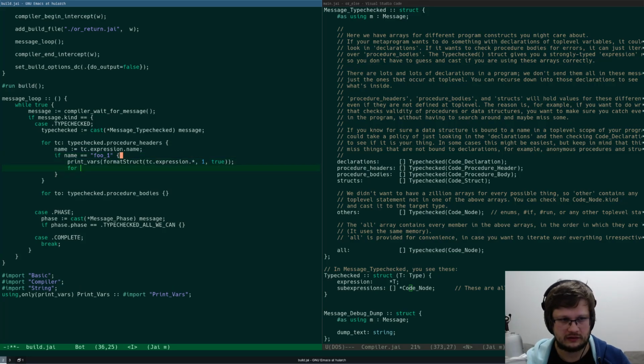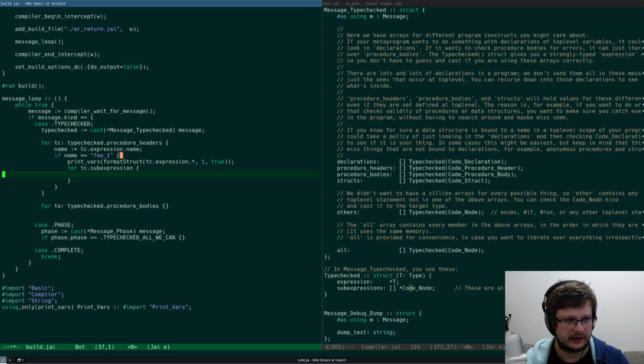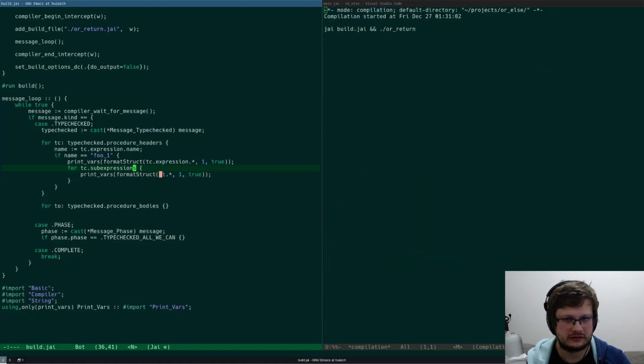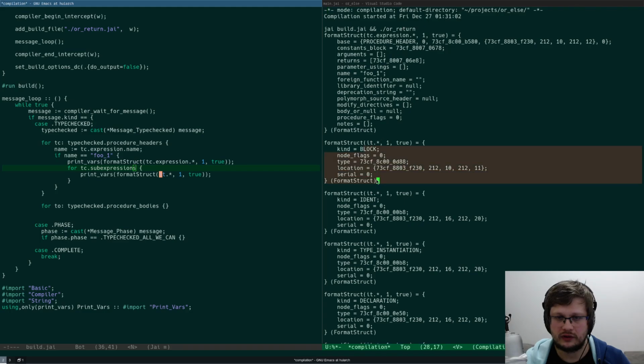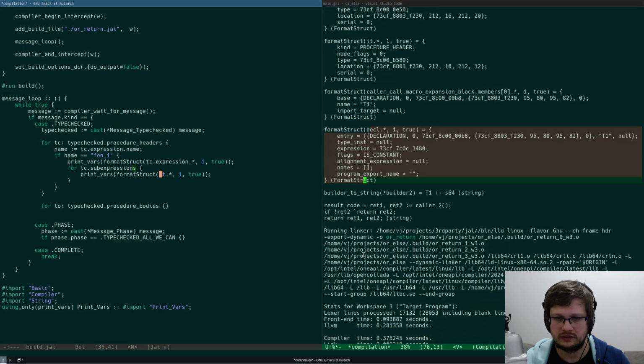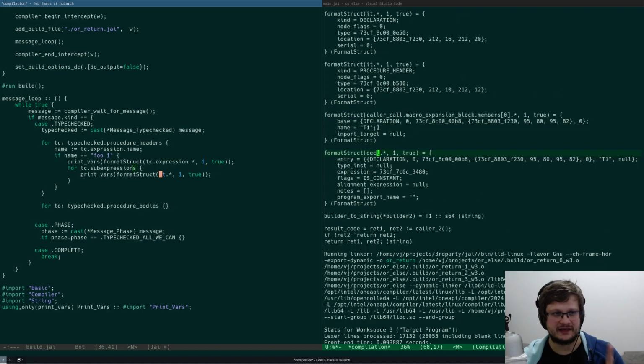Now for TC sub expressions, I want to do this. Print vars is such an amazing fucking macro. I love it so much. It's that star sub expressions. It is block identifier, type instantiation, declaration, procedure header, declaration, declaration. Okay, yeah, so this is